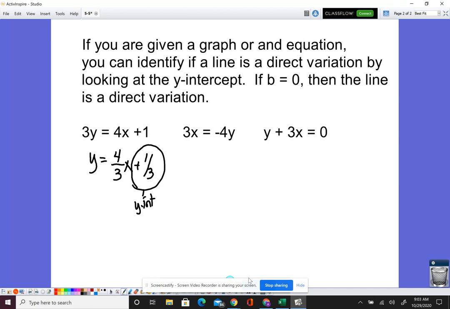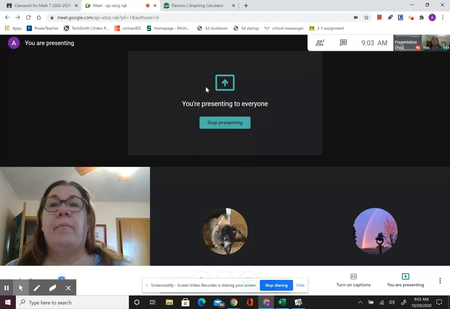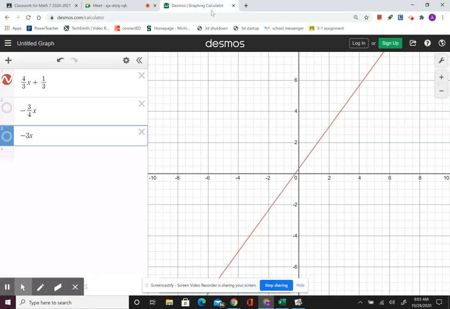It's just a line. I'm going to show you graphically with Desmos that I have this graph, 4/3 x plus 1/3. Here's the graph of it. It goes through 1/3, and it has a slope of 4 over 3. So it goes through 0, 1/3 and 1, 1 and 2/3. So there's that line, and we can see that it does not go through the origin,